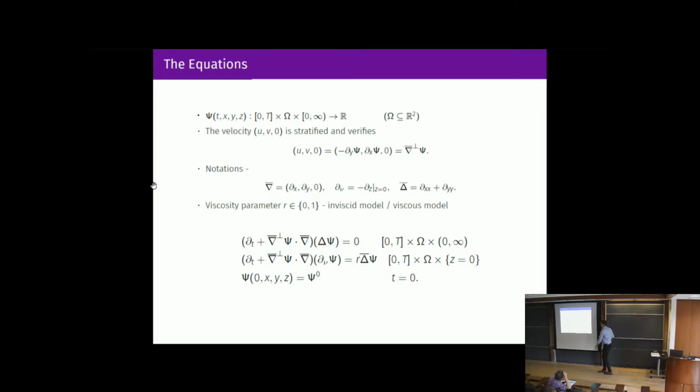So the first equation is simply a transport equation for the vorticity. And this is valid in the interior of my domain, so for z greater than 0. Right now, I'm just imagining that omega is all of R2, so that my physical domain is the upper half space. And at z equals 0, we have on the left-hand side transport of the Neumann derivative. And on the right-hand side,